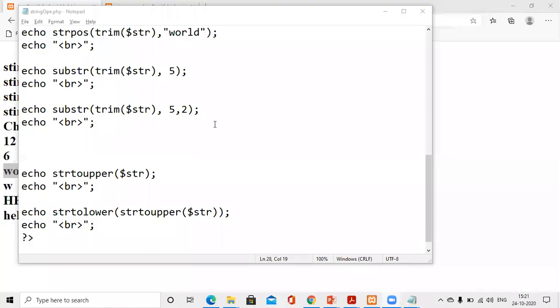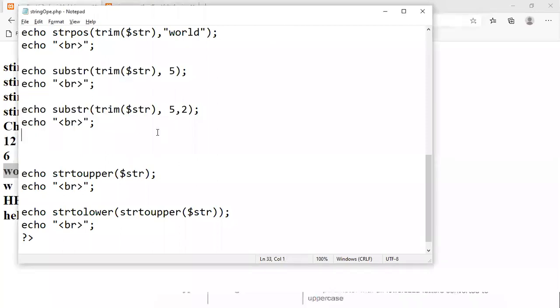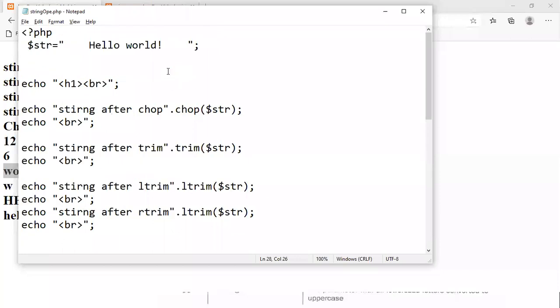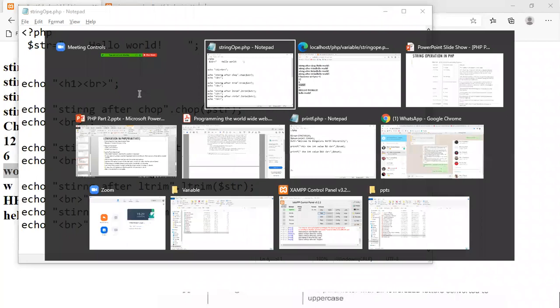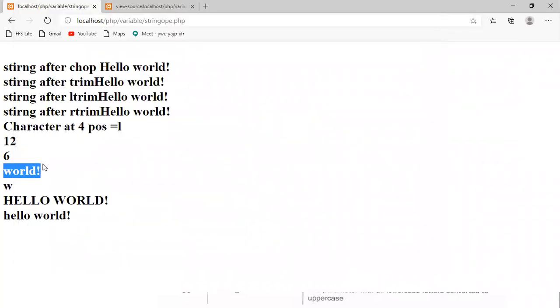I hope everyone is able to see this, right? So, we are discussing the substring. In this one, you can check substring after trim. I have given the index, the fifth index. Okay, I will give the sixth index, not fifth, sixth index. The sixth index is nothing but the world. W is starting at the sixth symbol, from here to the complete string. It is going to work, right? Yes, you can check here, world is coming.